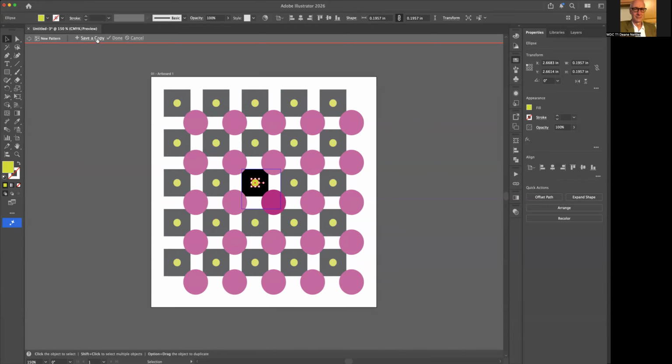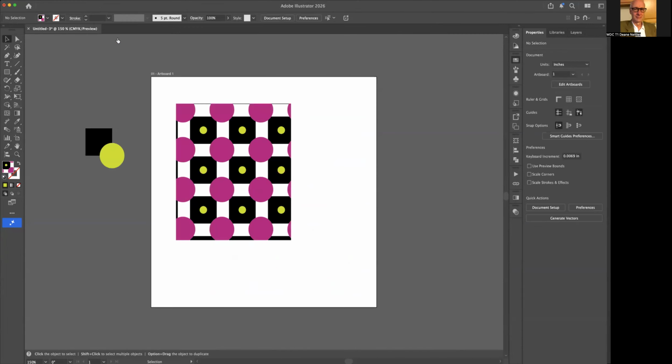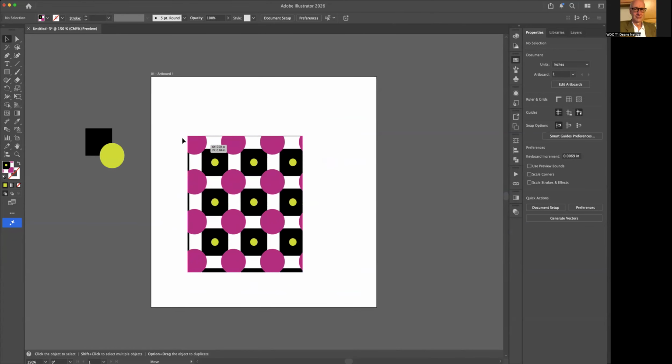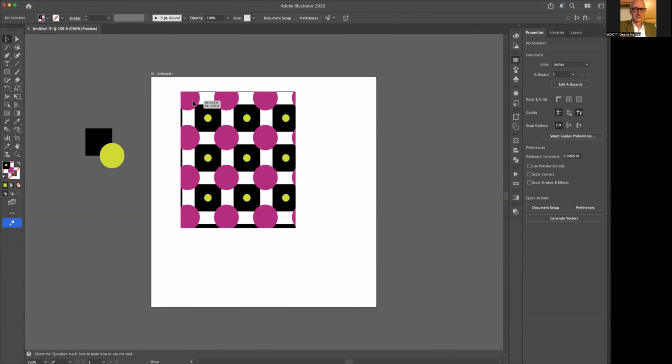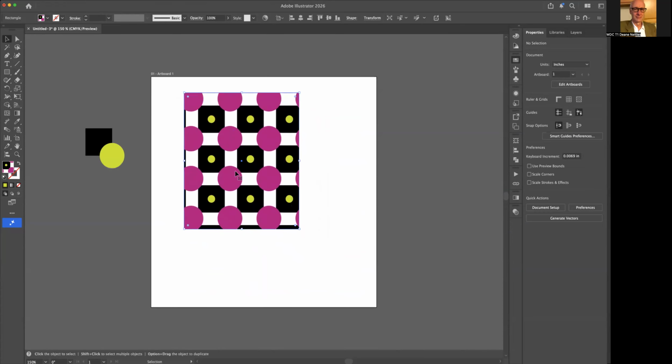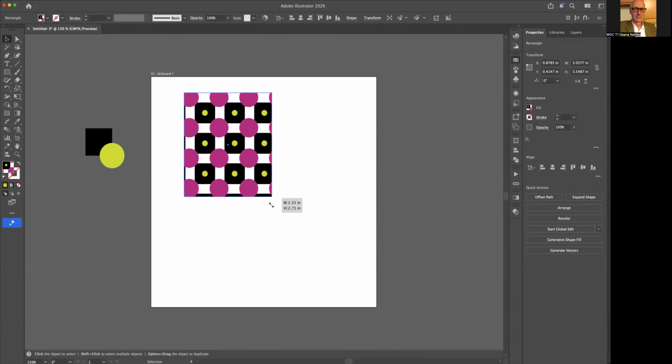Save a copy. I might want to make this 3. Okay. And now I'm going to click done. And I have this new pattern. And again, depending on which mode it's in, it will either transform